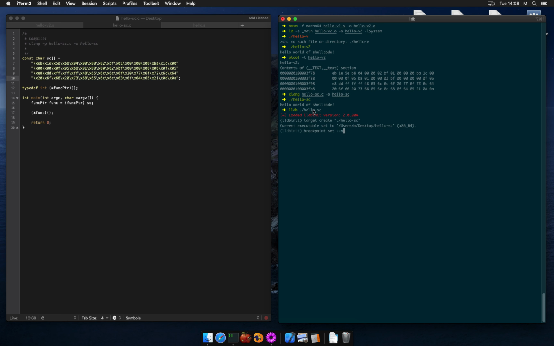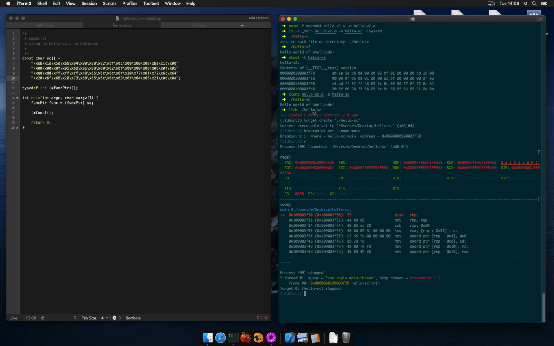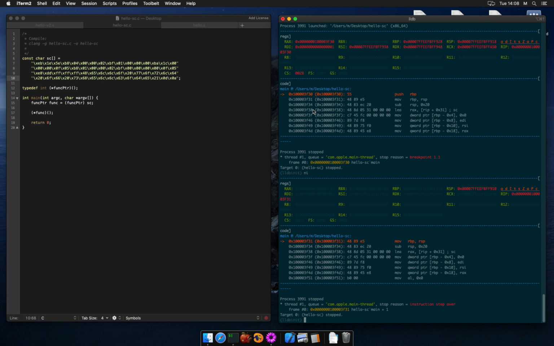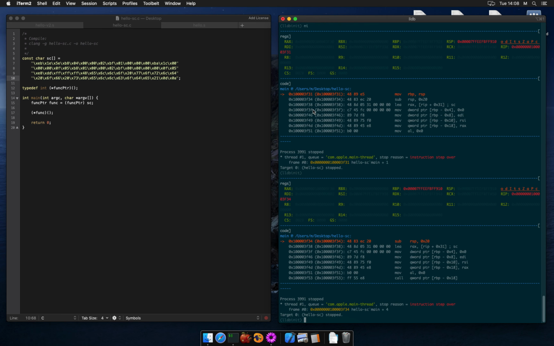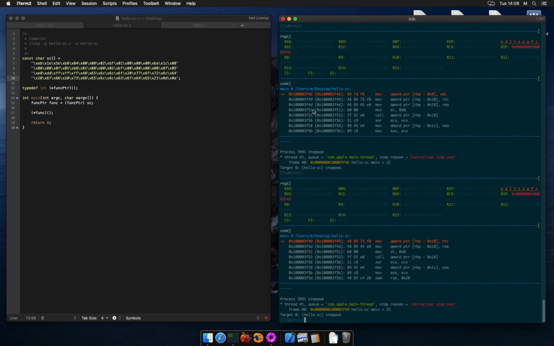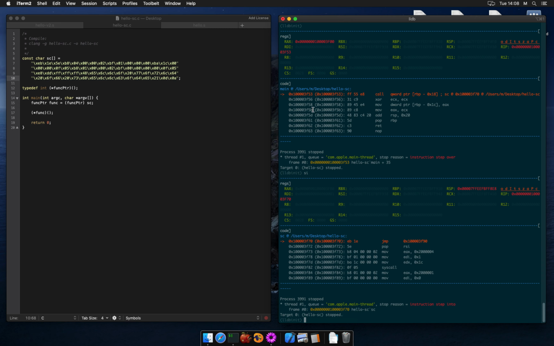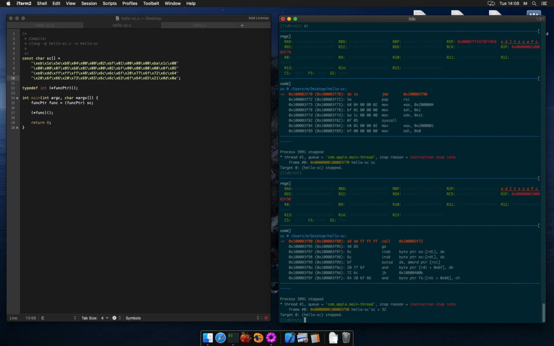Again, set a breakpoint in the main function, run the application and continue until we reach the call to the shellcode. At this point, step into this call, SI, and notice we'll start with the jump. Look closely.